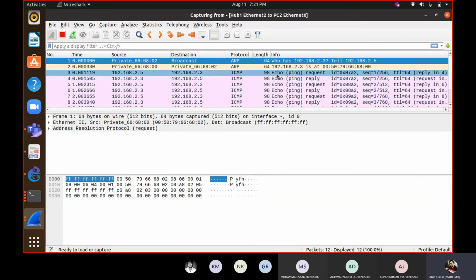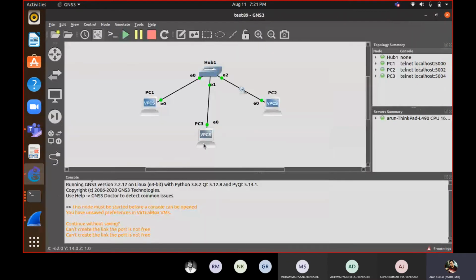Because what hub is doing, already I have explained the functionality of hub. Whenever anything comes on any of its interface, irrespective of whether it is a control packet, data packet, anything, it will reroute it to other interfaces except the one on which it has received that packet. So whether you are initiating an ARP request, once the ARP request comes, it will reroute it here as well as here. Once from here the response comes, it will reroute it here as well as here. So that's why PC2, this link we are monitoring, will also receive everything which goes in between PC1 and PC3.